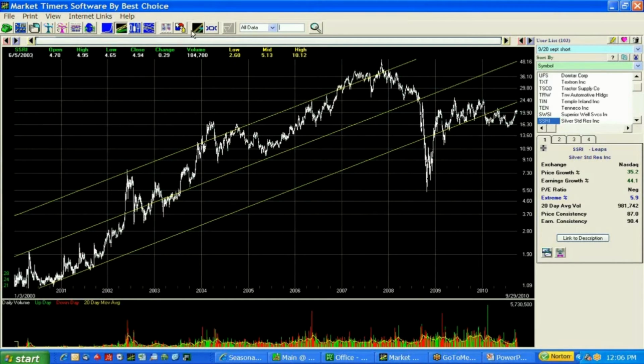Now originally, to use this icon, we would want a very long-term chart because again, we would be trading a long-term LEAP. We kind of look at the chart in the time frame of what we want to trade. If we're looking to get in a directional option trade where we want a position for anywhere from a few days to a few weeks, we want to be looking at a shorter-term chart, like a 6-month or 3-month. If we were looking for long-term buy and hold investing, we want to be looking at long-term charts. And again, for long-term LEAPS, we would want a longer-term chart. So when we have a long-term 5, 10, or all data chart up, and we click this extension icon,